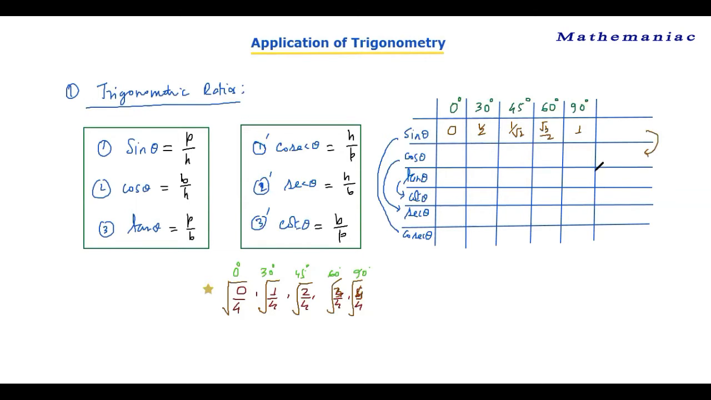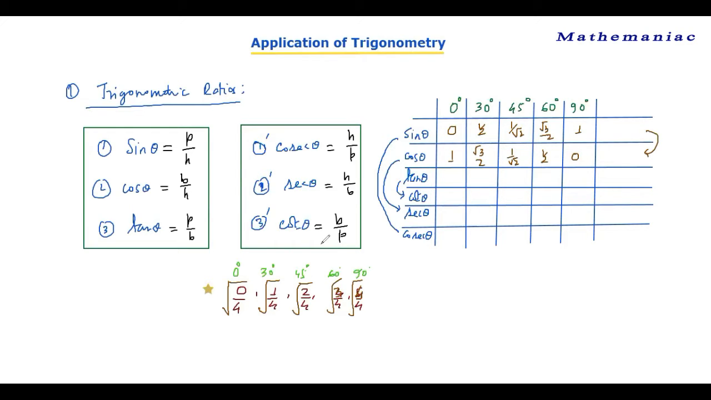This means the row here will be written in the reverse direction. So there's a memory aid actually. Once you write the table, you can get it. So here it is 1, then root 3 by 2, 1 by 2, half and 0. You are done with this. Now you next see